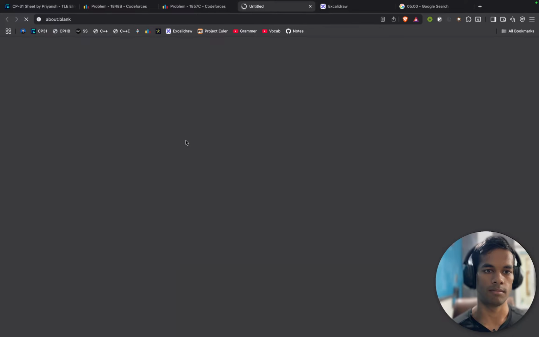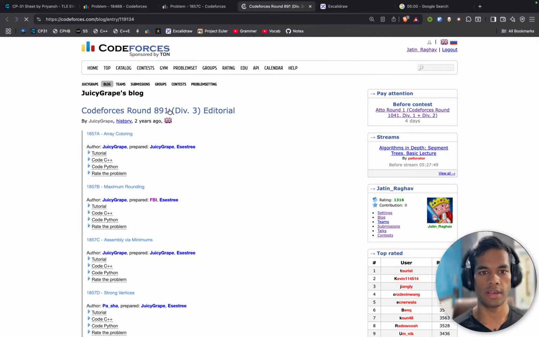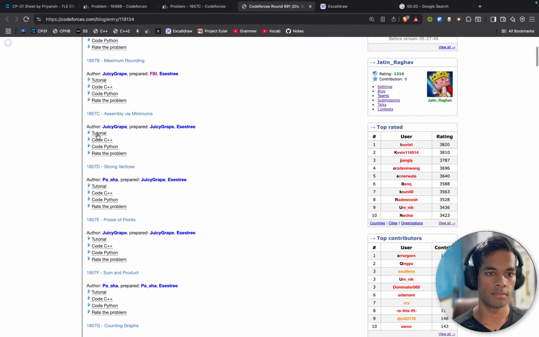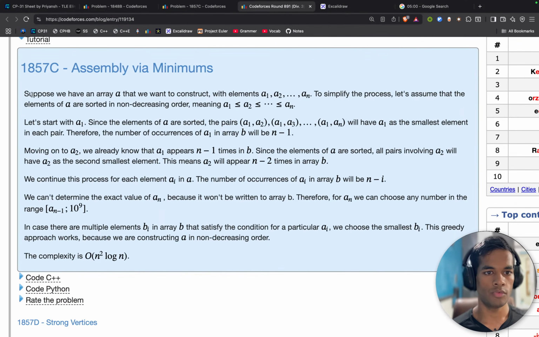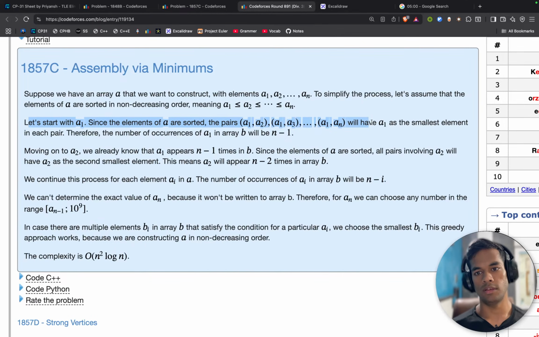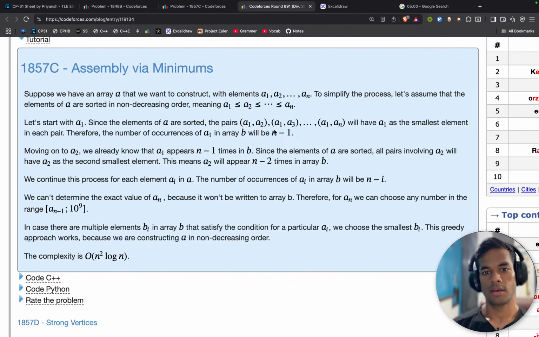Now the tutorial. Question number 6. This was a third division contest. Assembly via minimums. Suppose we have an array A that we want to construct with elements this to this. To simplify the process, let's assume that the elements of A are sorted in non-descending order, meaning they do not decrease. Let's start with A1. Since elements of A are sorted, the pairs will have A1 as their smallest element in each pair. Therefore, the number of occurrences of A1 in this would be